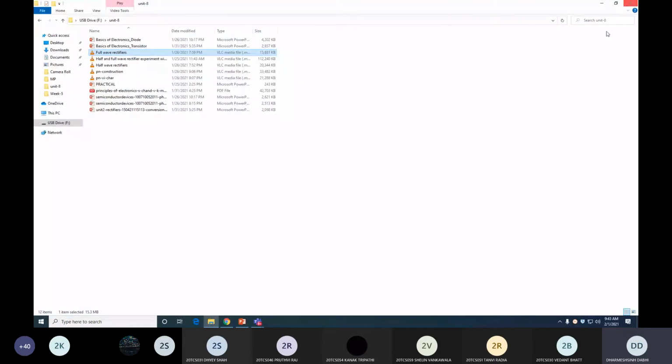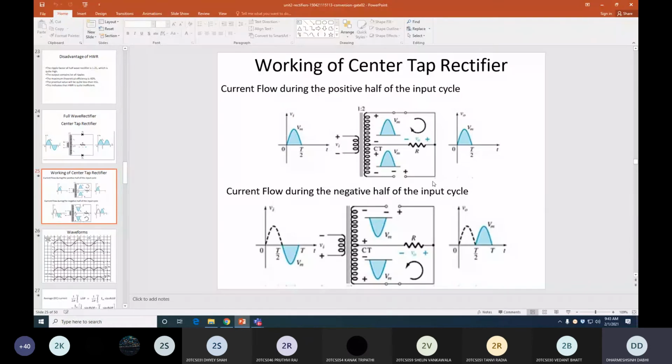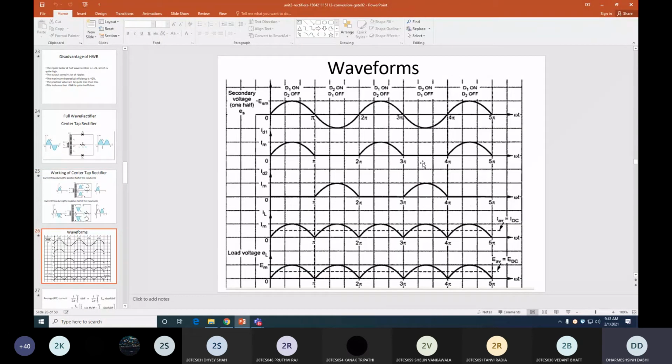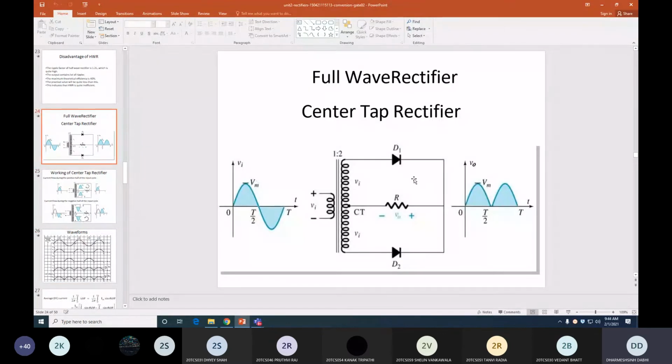So I hope you understand this graphical representation of the working of the center tap rectifier operation. All of you clear this idea? How to get this operation of full wave rectifier? Is there any doubt? You can see the orientation we take is exactly opposite. Clear? In the video the orientation of both the diodes is from right to left, but here you can see that the orientation is from right to left. Clear? Current is flowing from right to left in the diodes D1 and D2. Clear? But the concept is same.